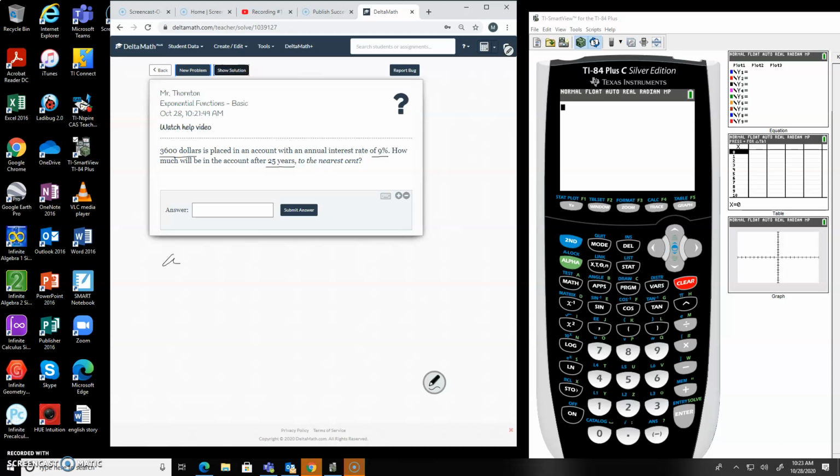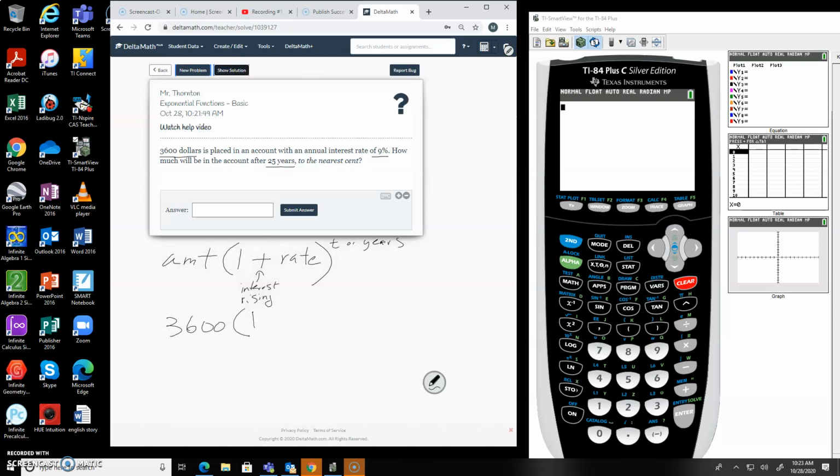Okay, so the amount, this is our formula, the amount times 1 plus, because it's interest and it's rising or it's gaining. All right, and then the rate times the time in years. All right, so our amount is 3,600